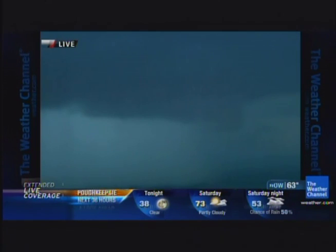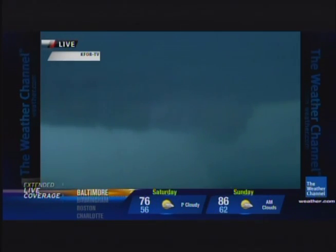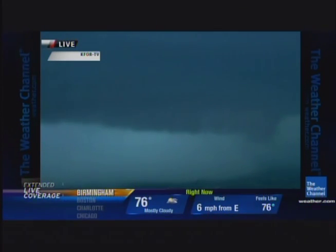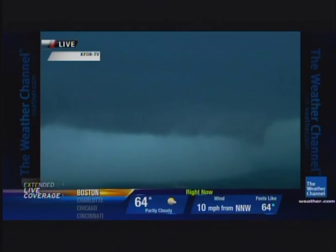Live picture. You can see the whitish area on the left, center and left. That's the wall of rain that we're getting with that gust front and that little bow echo. Some rising air there. That darker little layer that's sort of hanging down like a layer cake is the ascent area. Does not look at this time as if there's a tornado there, but again, there could be some obscuration by all of this rain, but it's looking at this point like we have a strong ascent right there